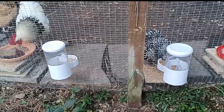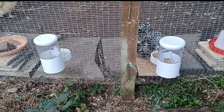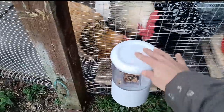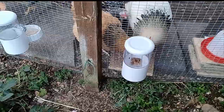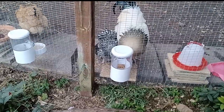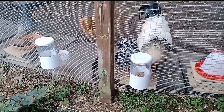The other nice thing about this chicken feeder is the feeding bowl is inside the chicken run and the storage container is outside, so you don't have to go inside the chicken run to put the food in. You can put the food from outside. So even if it rains, the water doesn't go in. And the food inside the storage containers is protected from the rain. So it stays safe. Only the amount of food that is needed by the chickens comes out from the little hole from the other side. And it is super convenient. You can see how my chickens are actually enjoying